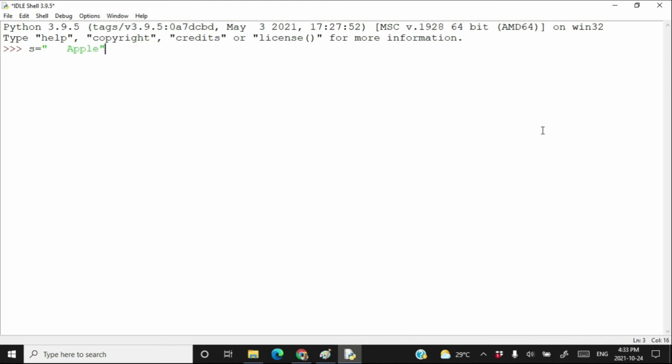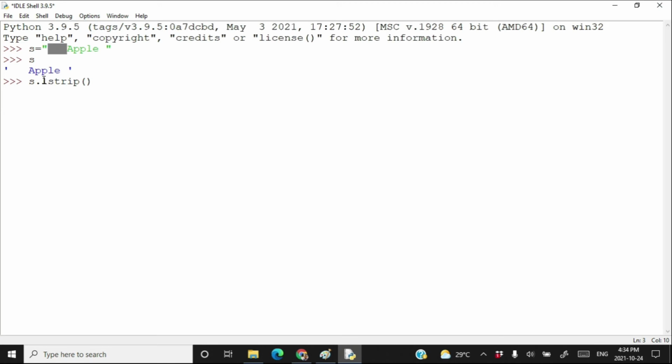You have one or more space characters in the left and one or more space characters in the right. Therefore, when you print s, it prints apple like this. But when you call s.lstrip, the lstrip method removes all the space characters from the beginning of the string. It will not remove the space characters from the end of the string. It will only remove the space characters from the beginning, means from the left of the string.